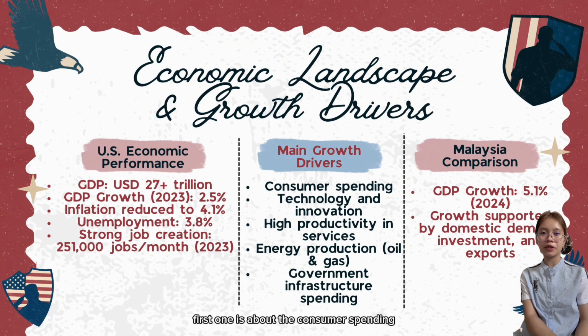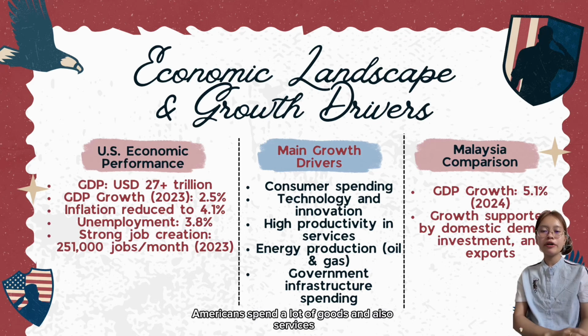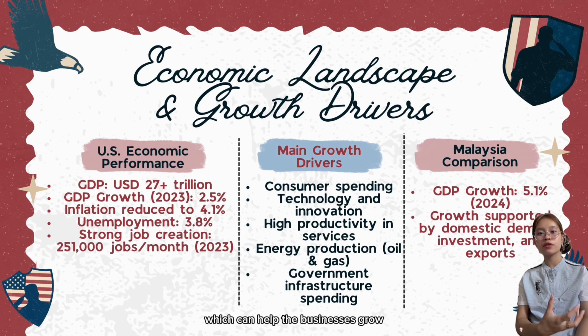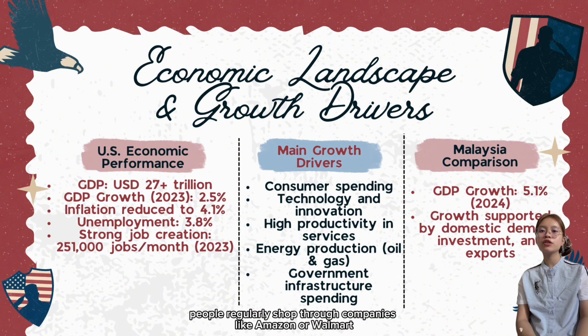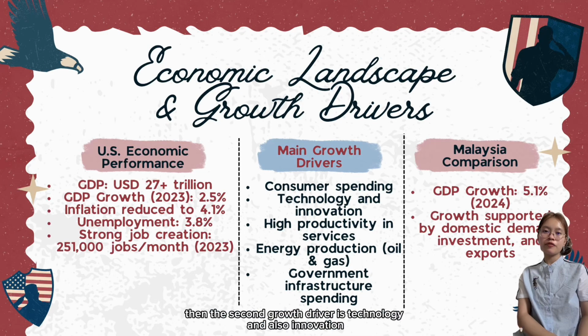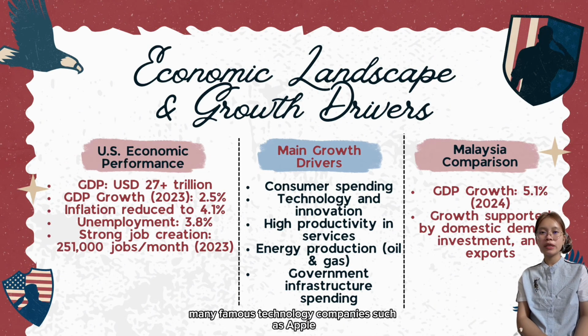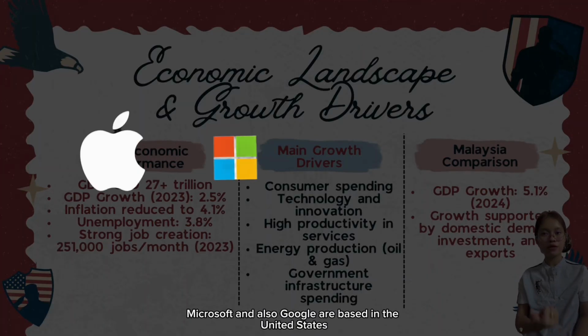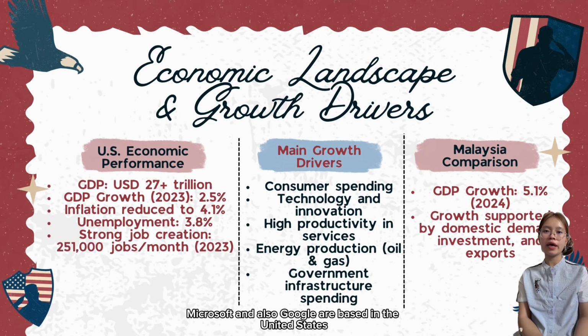First one is about consumer spending. Americans spend a lot on goods and also services which can help the businesses grow. For example, people regularly shop through companies like Amazon or Walmart. Then the second growth driver is technology and also innovation. Many famous technology companies such as Apple, Microsoft and also Google are based in the United States and contribute greatly